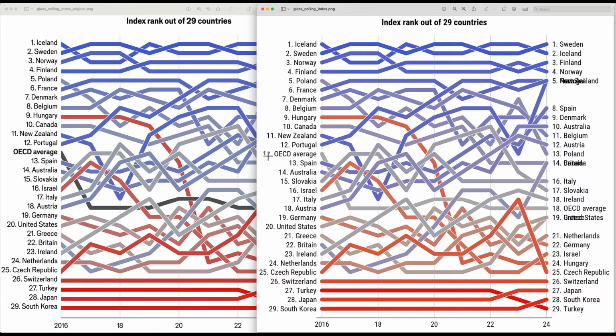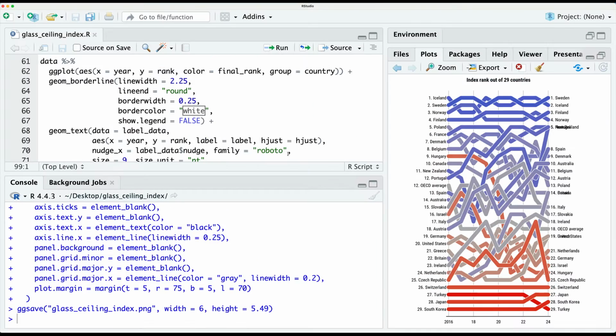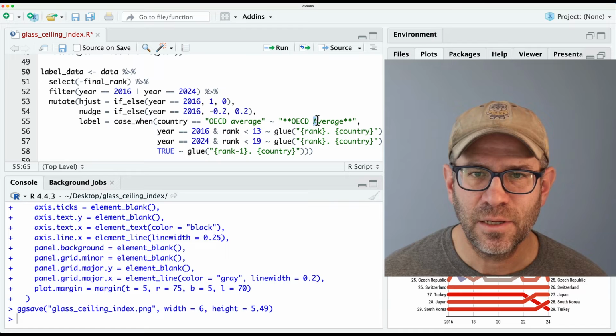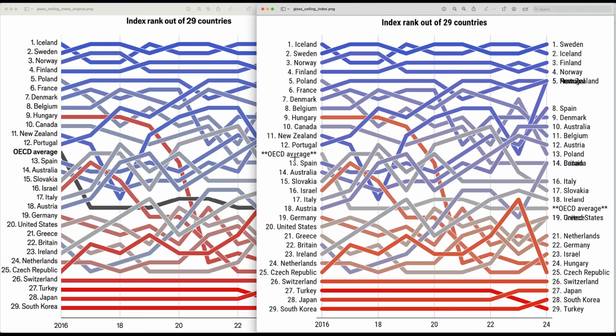So we still have the number before the OECD average, but the ranking of the countries checks out, right? So we go up to 29 for South Korea and 29 for Turkey. I think I used a capital A for the average. Yes, and so I had an uppercase A for average. So we'll swap both of these. And so now what we see is that we have OECD average in stars for when we're ready to convert